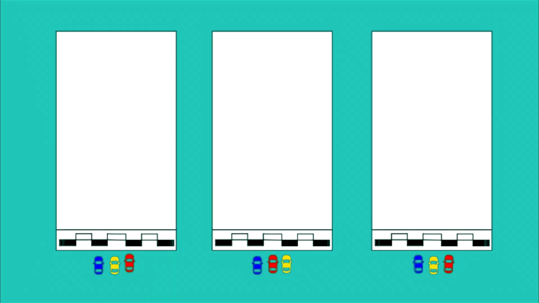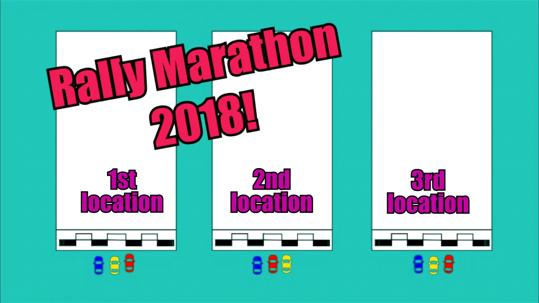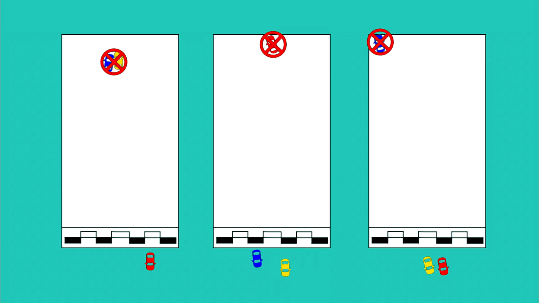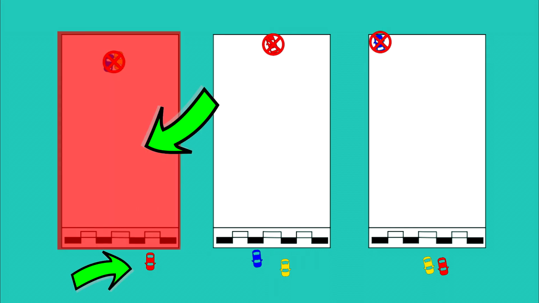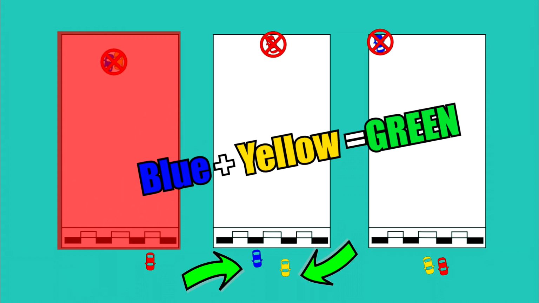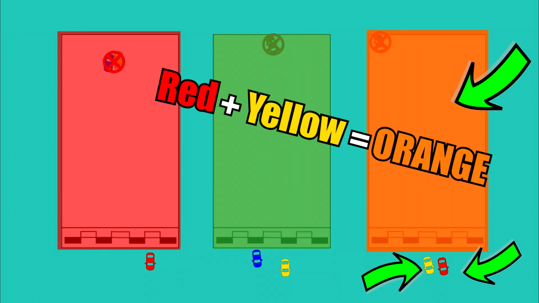But how does light relate to the color of objects? Let's imagine a competition like a rally marathon in 3 different localities where 3 teams take part. The competition has passed. Let's look at the results. In the first area, only the reds could finish, and in honor of their victory, the terrain was called red. In the second district, blue and yellow reached the finish line, and the territory was called green. In the third case, the red and yellow finished, so the road became orange.